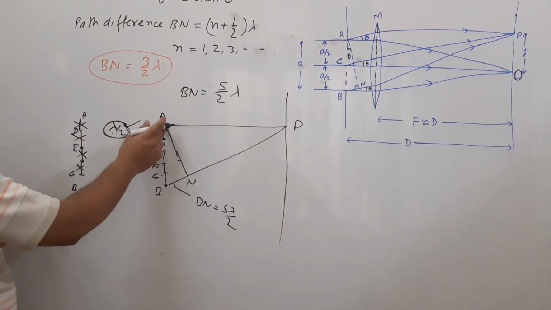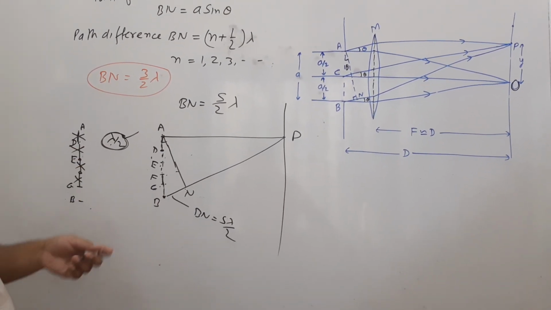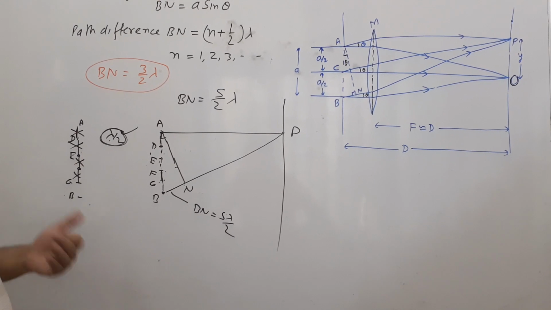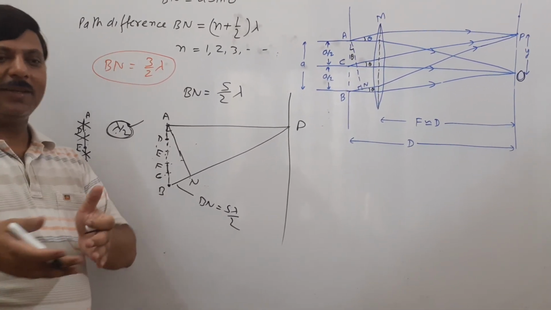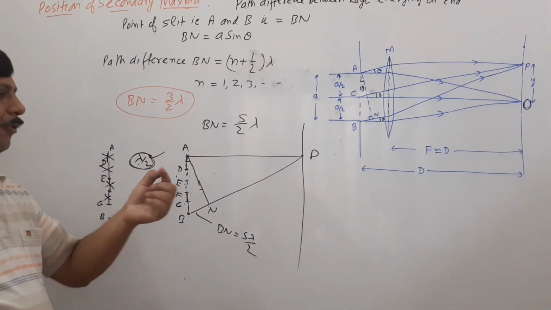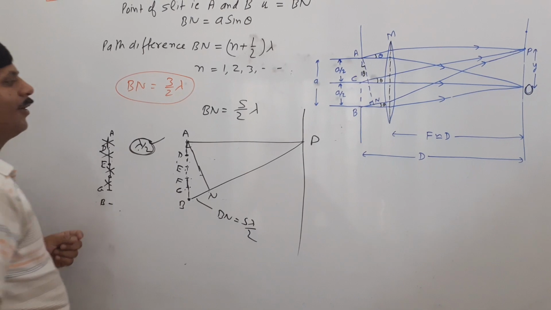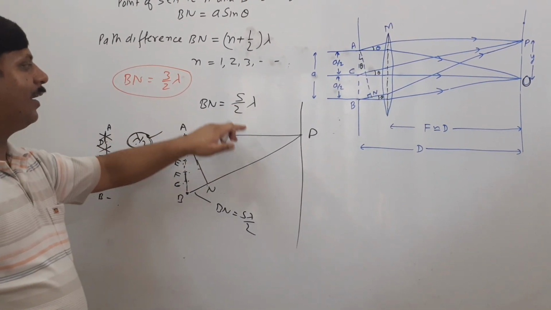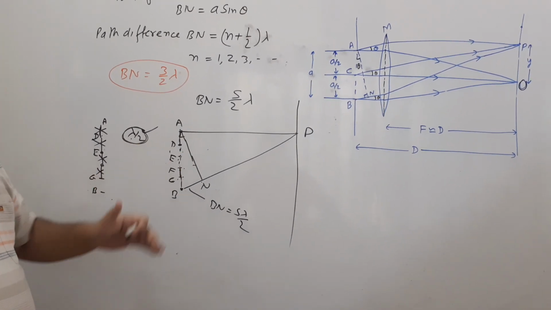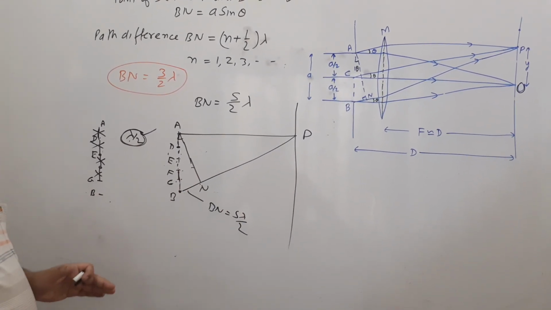But here you will see that this whole wave front is divided into 5 parts. And previously they were divided into 3 parts. So intensity will be less. कहते नहीं है कि अगर किसी चीज को ज्यादा पार्ट में डिवाइड करोगे तो 1 पार्ट की वैल्यू क्या होगी, कम होगी. तो यहाँ 5 पार्ट्स में डिवाइड है, इसलिए इंटेंसिटी क्या होगी, कम होती जाएगी. ऐसे 7 लैम्डा बाई 2, तो you have to divide into 7 parts. तो 7 पार्ट डिवाइड करोगे तो और इंटेंसिटी कम होती जाएगी.